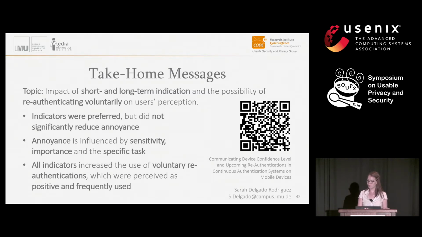Mm-hmm. Have you done any looking into, or been thinking at all about, how to aggregate re-authentications together between applications on the same device in order to avoid having users re-authenticate in several places when they're multitasking? So you're referring to an app-based approach?